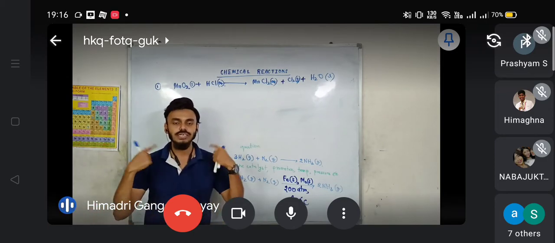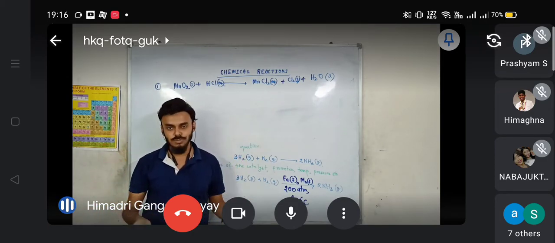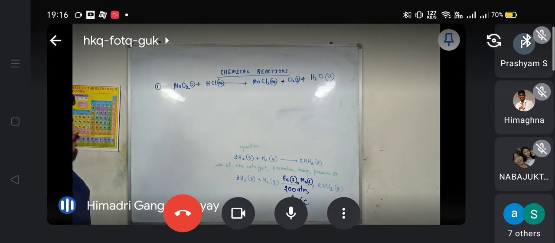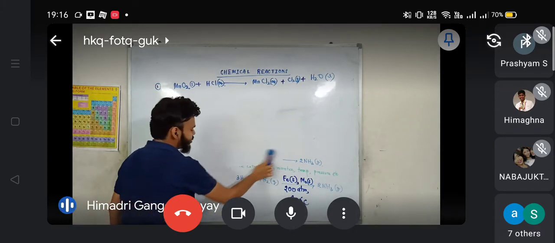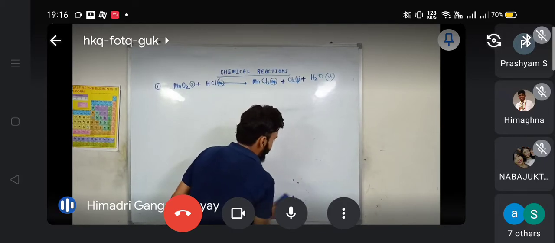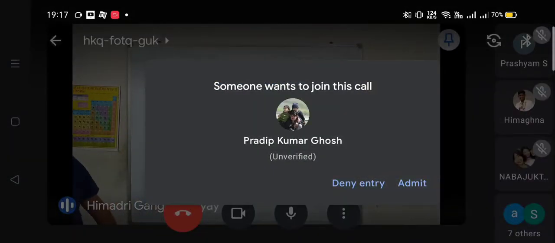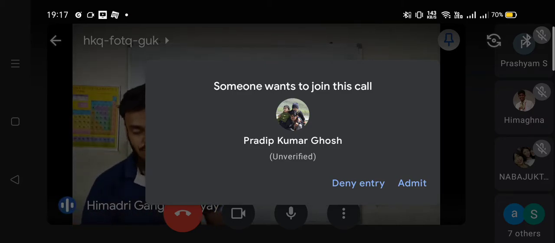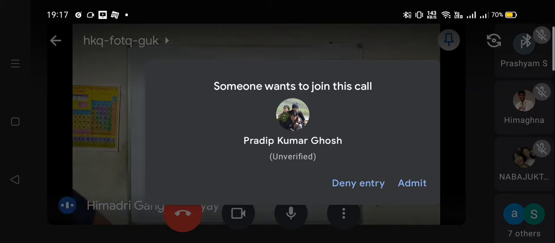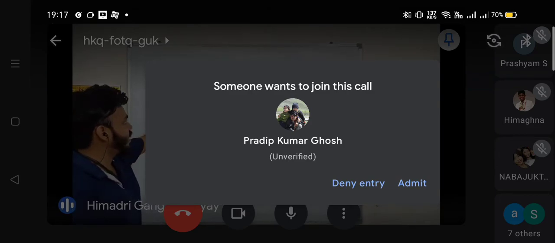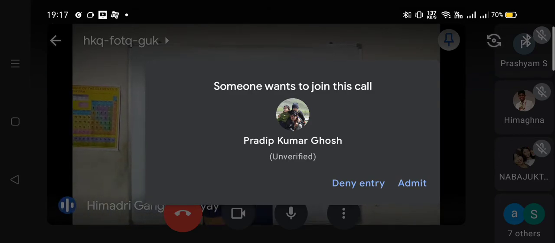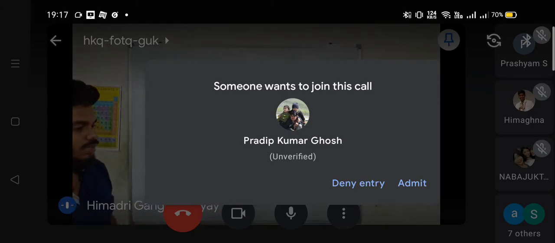We have one method, hit and trial method, very much common to us. So I will request everybody to please try to balance this equation by hit and trial method and tell me the name of the coefficient. I am ready to write down the coefficient here, here, here, here and here. Use hit and trial method everybody and tell me the answer.